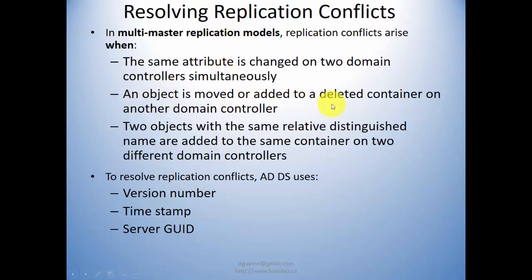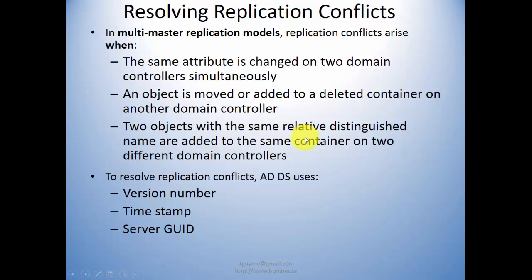An object is moved or added to a deleted container on another domain controller. So deleted container was, I think we did that. We deleted an object and we recovered it, right? What was the feature that we enabled? Recycle bin. Active Directory recycle bin. Two objects with the same relative distinguished name are added to the same container on two different domain controllers. So anyone knows